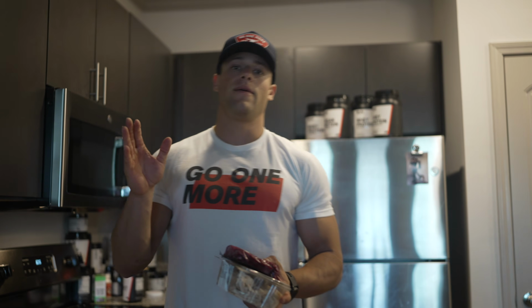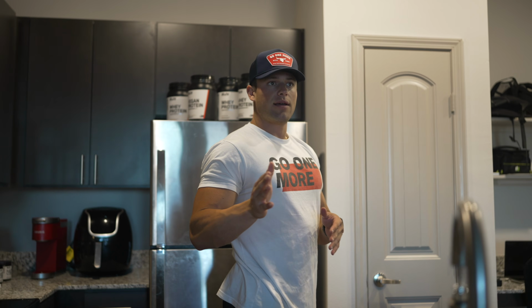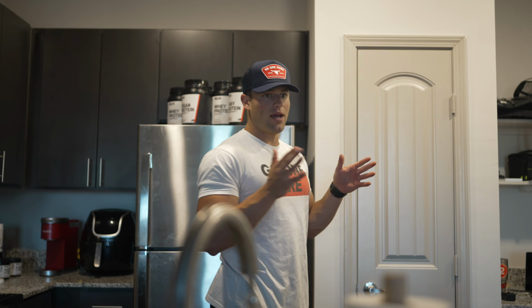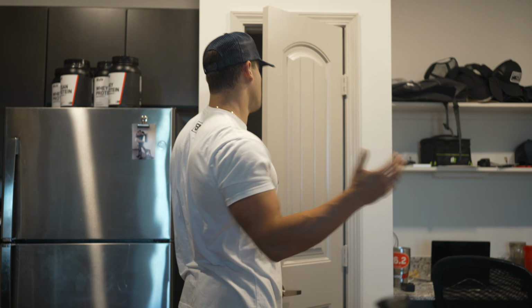And then there's one other one that I consume, and that's gonna be in the fish category. Now, because most people, salmon isn't ideal to be carrying around, whether you go to work or like for me, if I'm on the go, I don't really want to have salmon sitting in my car. It's hard to make and hard to prep sometimes. And it's also not the cheapest. So what I'll do